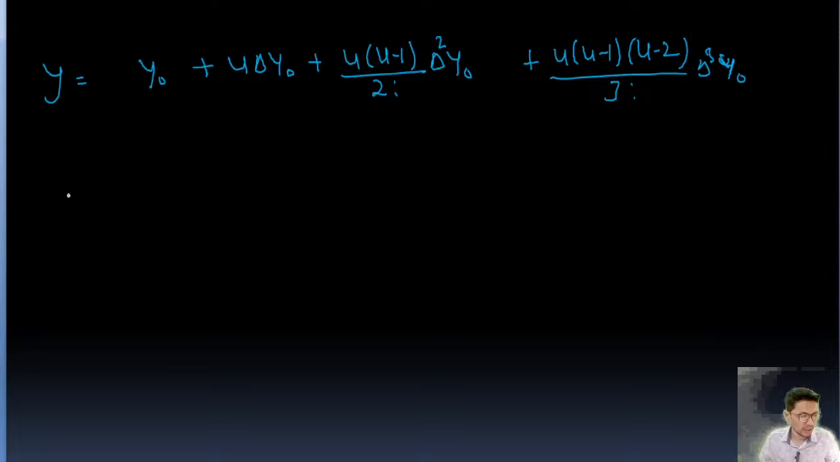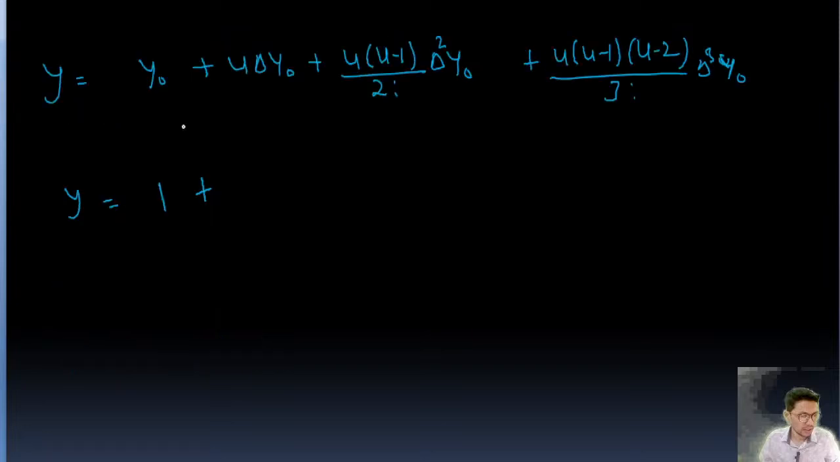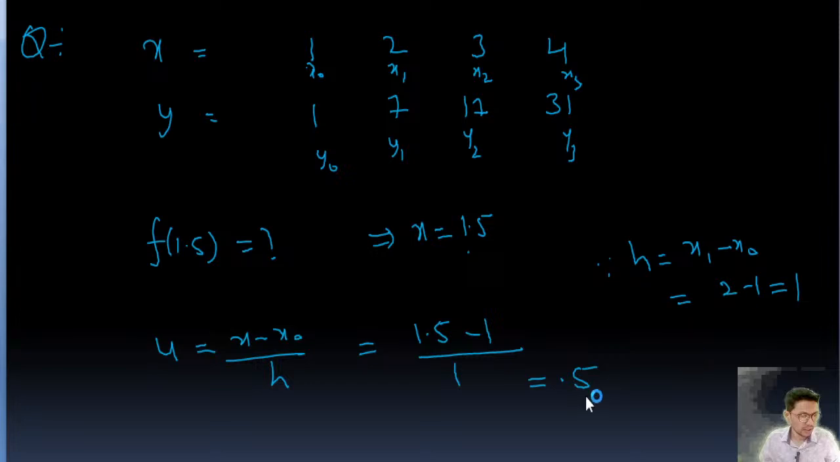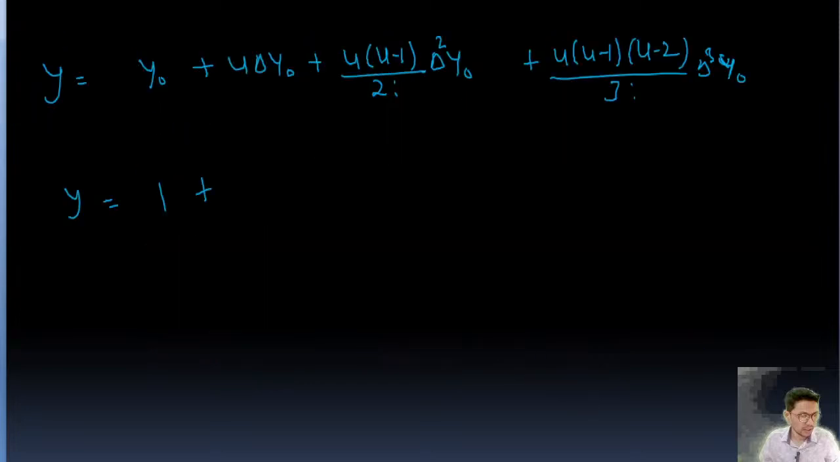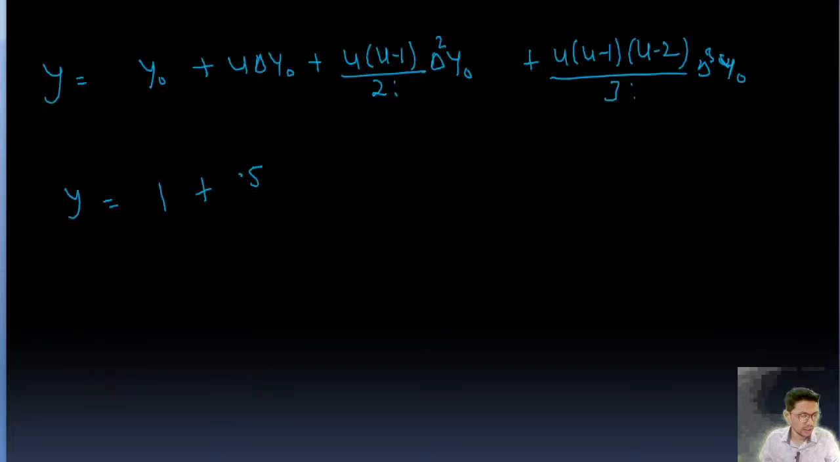Now the value of y naught we know. So this is y naught 1, plus the u value, which I have already found, is 0.5. Delta y naught value is this; we'll take the first terms only. So this is delta y naught, this is 6, plus u into u minus 1, that means 0.5 into 0.5 minus 1 upon 2 factorial, and delta